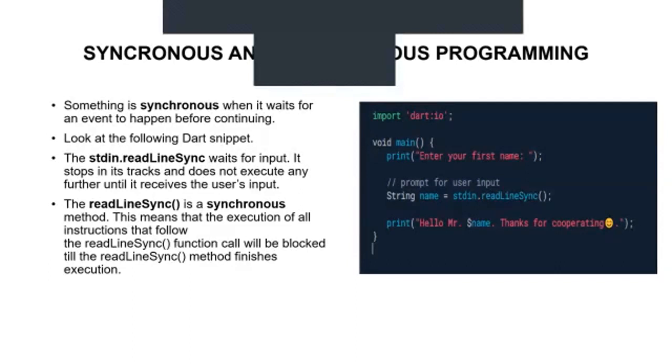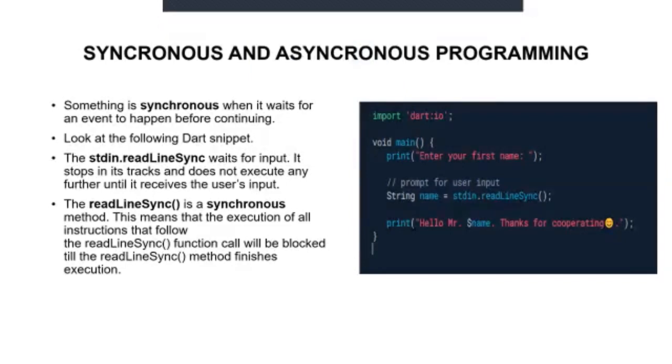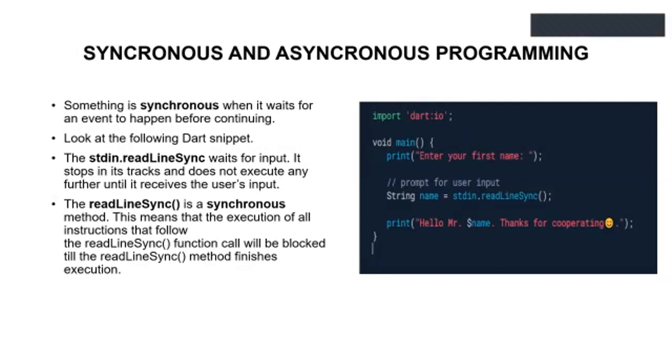Looking at the Dart snippet on the right of my screen, this is just a small snippet that prompts the user to enter their name, reads it, and then displays it on the screen. It's not fancy, but it helps show exactly what we mean by synchronous